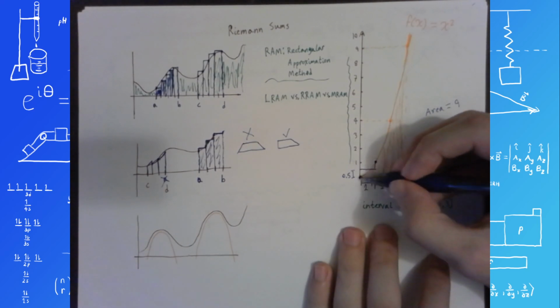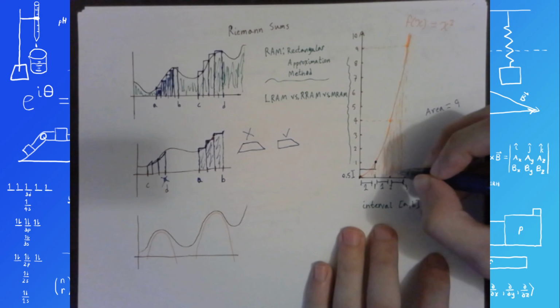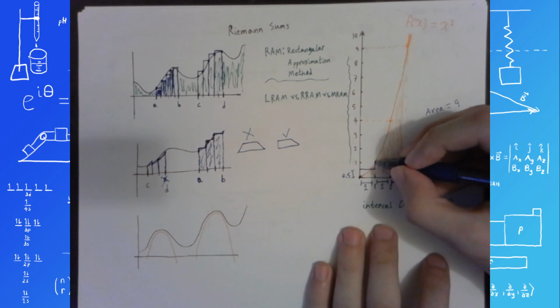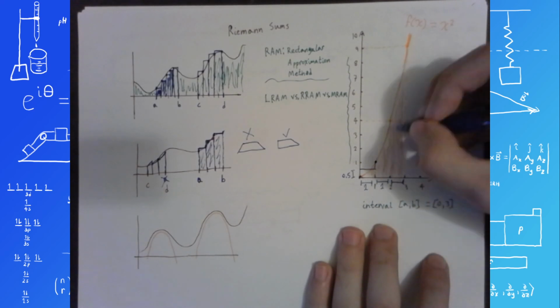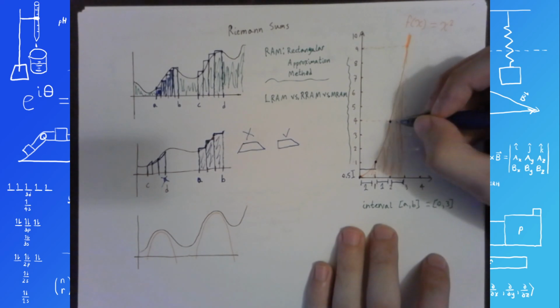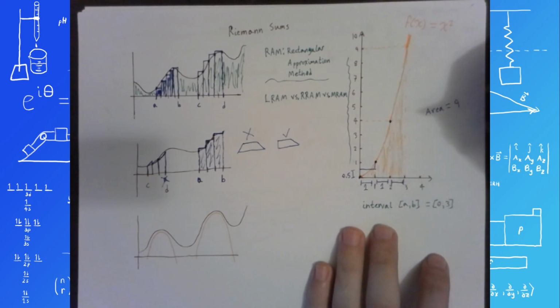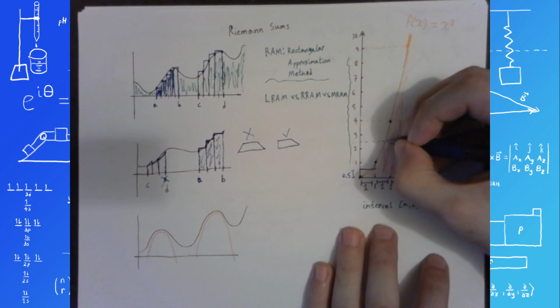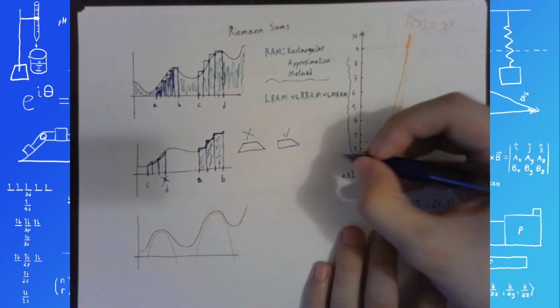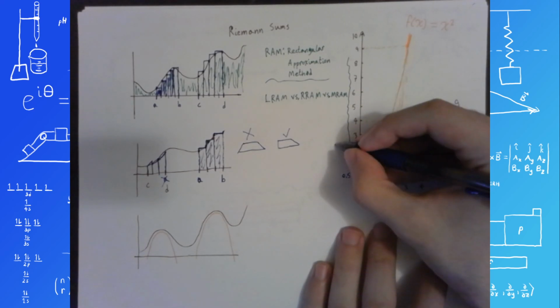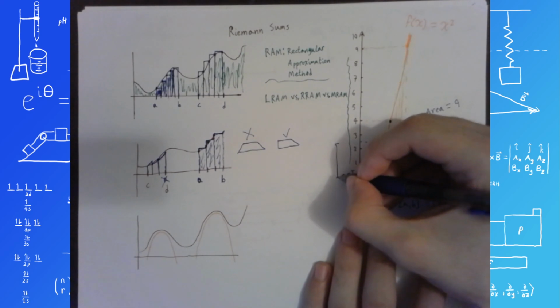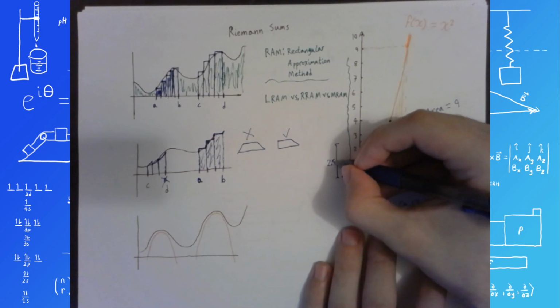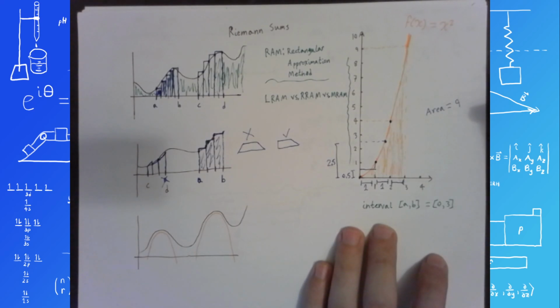So I've got 1 times 0.5, and then next we've got, well, we already said f of 1 is 1, f of 2 is 4. Halfway between 1 and 4 is, let's see, 4 plus 1 is 5, divided by 2 is 2.5, so here. So this rectangle has a height of 2.5. And then our last rectangle,